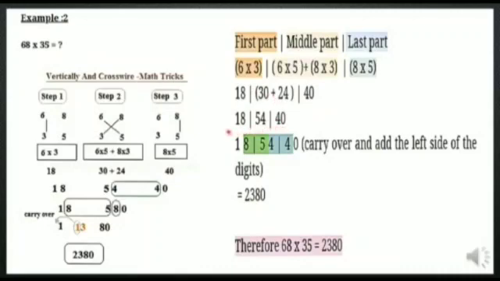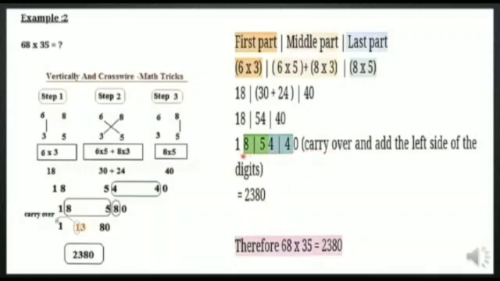But here all the numbers are 2-digit numbers, so we can take only the 1-digit number. So what you will do is write 0 as it is, and you can see the numbers that we have shaded with the blue color. We will add these two numbers. 4 plus 4 is 8. 8 plus 5 is 13. So from 13, we will take the 3 here, and we will carry over the 1 and add